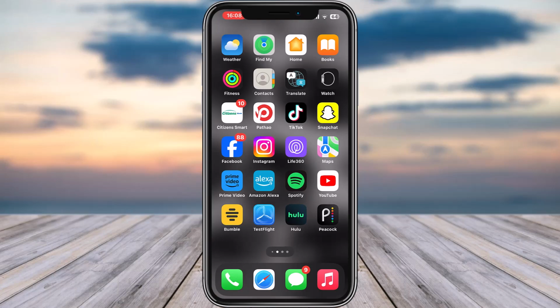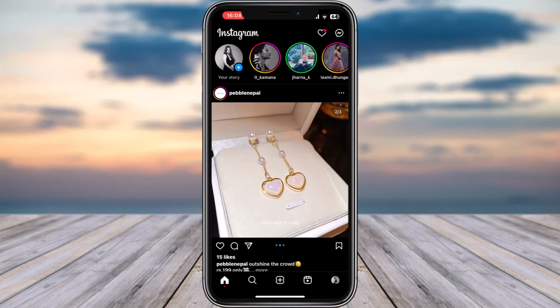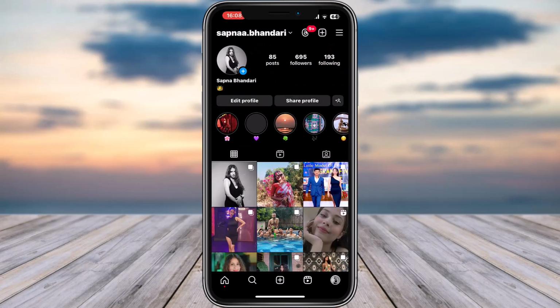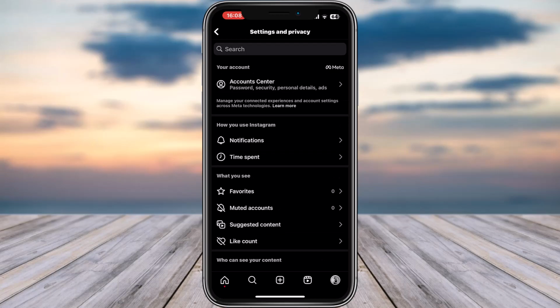Let's get into it. For that matter, all you have to do is first of all access your Instagram app and make sure you're signed in with the correct account where you would like to remove a user. And right over here, simply go ahead, tap on profile icon in the bottom right. Now tap on three horizontal icon on top right, tap on settings and privacy, and now you will find this